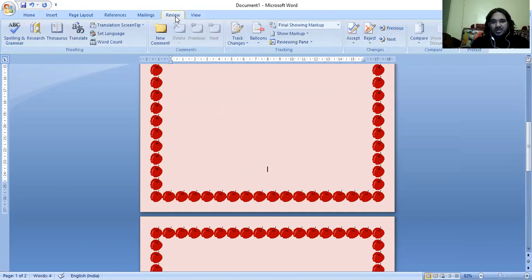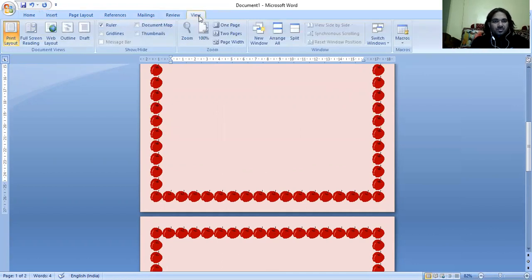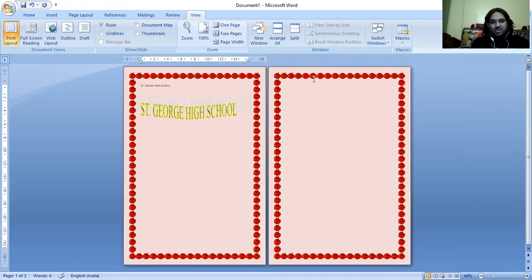Okay. Now when I click options, there are so many options available for me. You can see here page one, page two. Can you see that? So if I want to see both the pages together, what I'm going to do, just click here. Can you see? Now both the pages I can see together. So these are different options, right? Where you can put the pages, right?